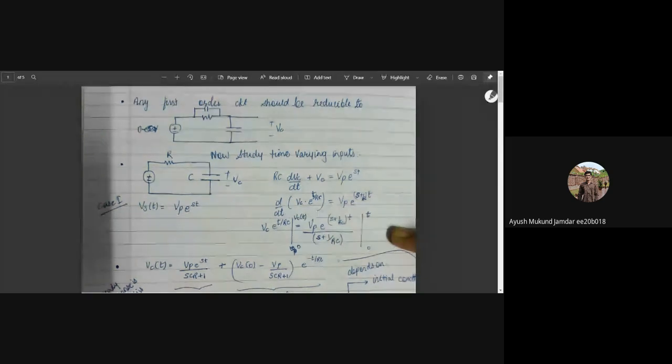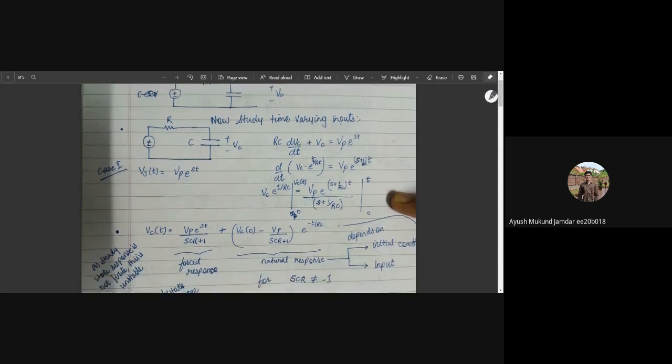So, just taking the simple RC circuit, RC in series with a source. Just that this time the source is time varying, that is Vs of t is Vp exponential st. So what will happen? Starting with the differential equation only. So that is RC times dVc by dt plus Vc gives Vp exponential st. So on solving this differential equation, we'll get